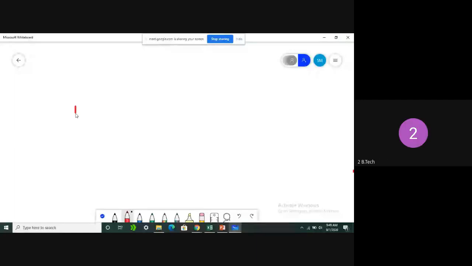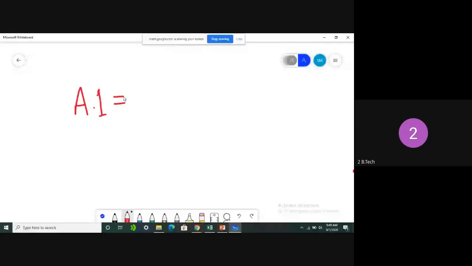Everyone is clear about that one. But now it is A into 1. What will be the output? Not 0, it is A. Yes, A always. If you take A equals 0, 0 into 1 is 0, and 0 in the sense we consider 0 as A. So obviously the output is A. Clear?